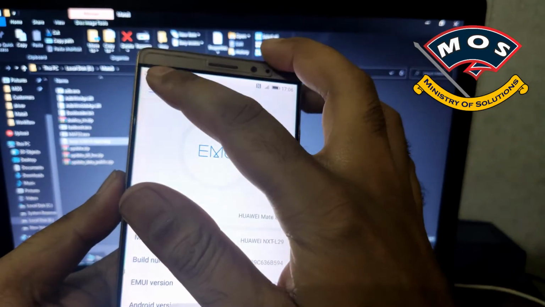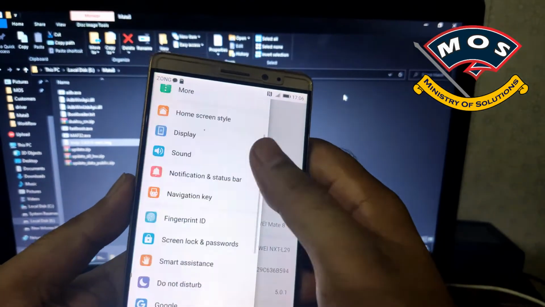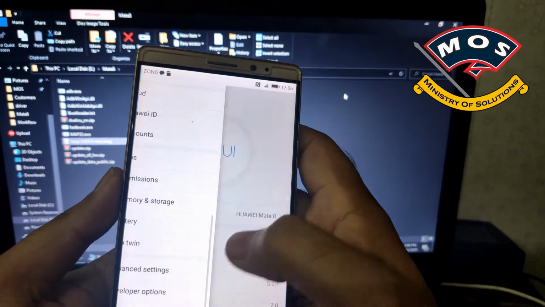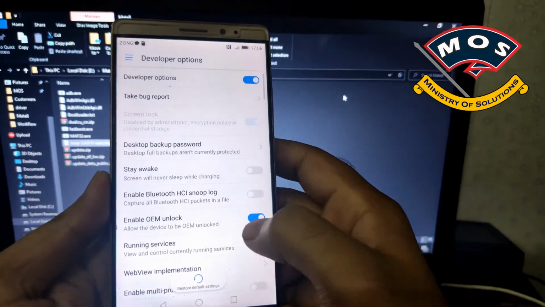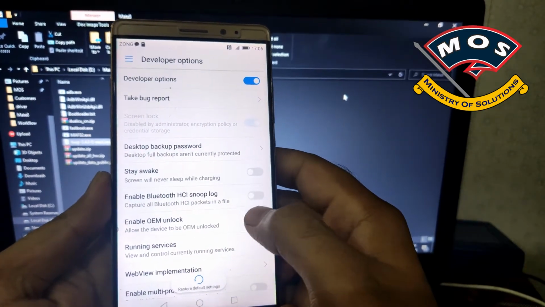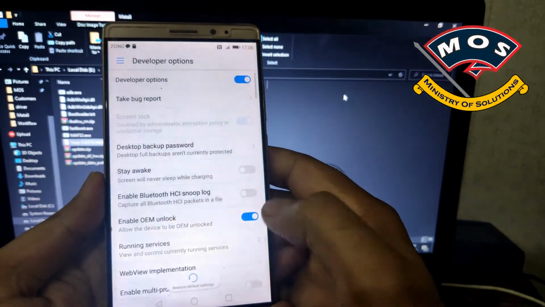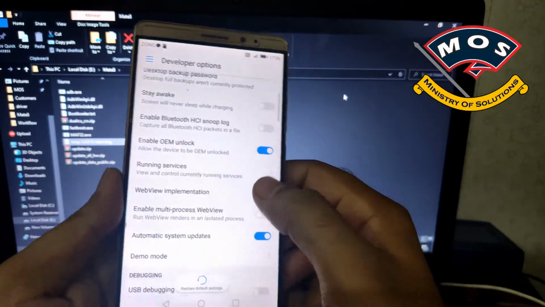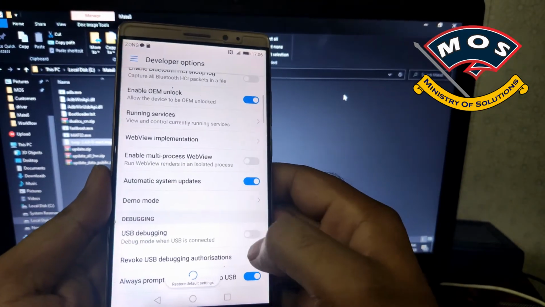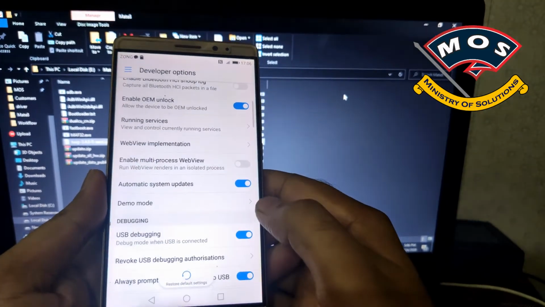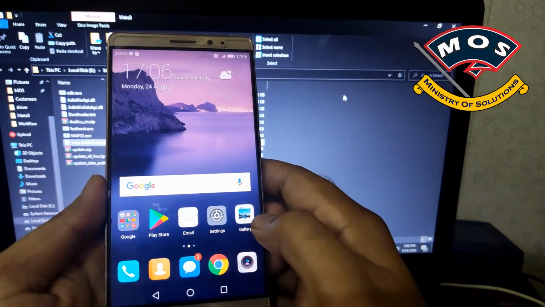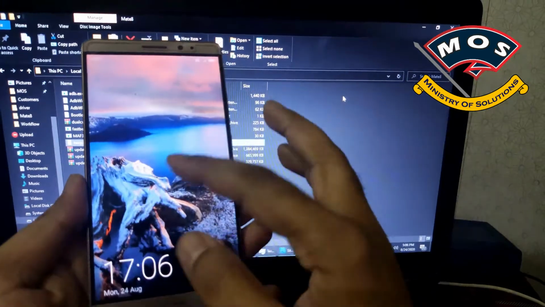You need to enable developer options by tapping 7 times on build number. Then you need to go in developer options and enable OEM unlock. Viewers, you must have bootloader unlock code of your phone. Without bootloader unlock code you cannot do this process. USB debugging is also enabled,